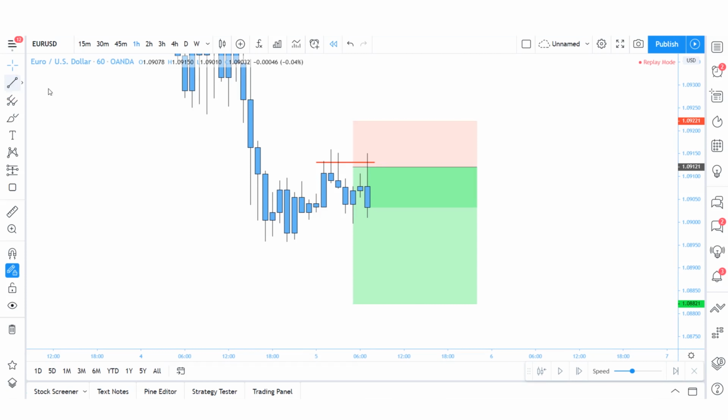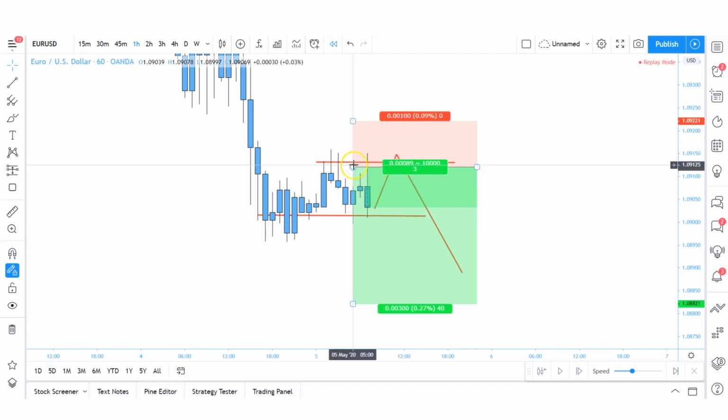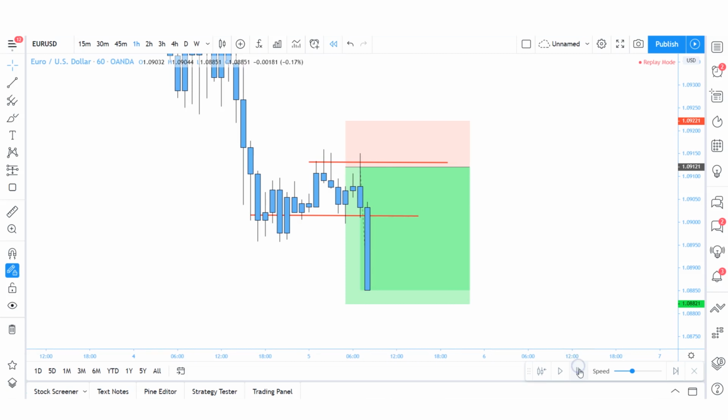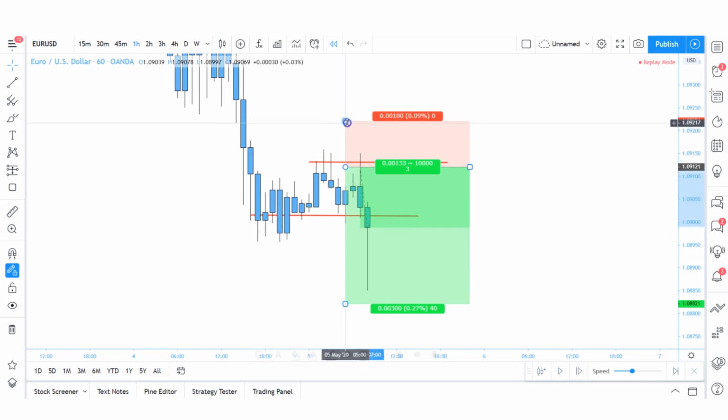What I want to see price doing, just in case we don't break below these levels here, if price needs to breathe, then I want it to breathe and go down. I'm trusting that the level that I have drawn in is the lower high, and price won't break above it because of past history. So I'm just going to give it breathing space. The minute price decides to break below this structure,